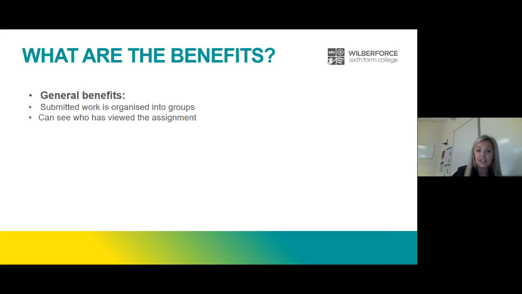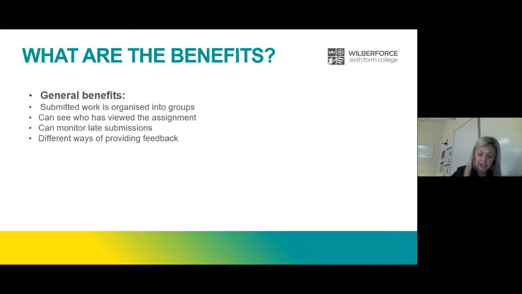A real benefit is that you can see who's viewed the assignment, so it does eliminate that student that says, oh, I didn't see it, or I didn't see that email. You can see exactly who's seen it, exactly who hasn't, and if you can see that somebody's not accessing the work, you can have that further conversation with them, steering them to the right place, which is a major benefit. Again, you can monitor late submissions as well. You can set deadlines within assignments and see who submitted late. Sometimes you might decide that you're not going to accept submissions beyond that, which is another factor that you can change as well.